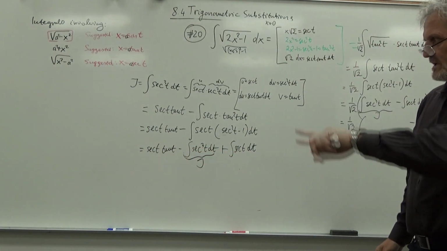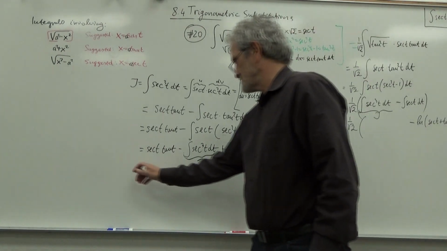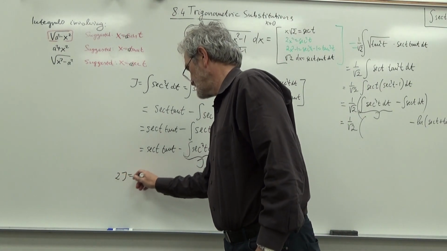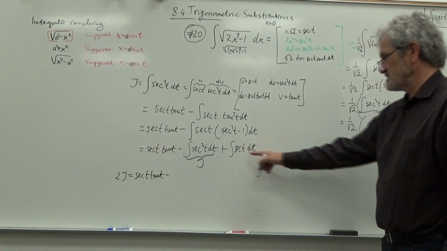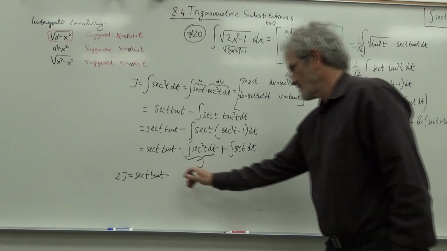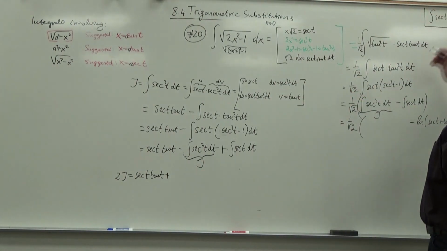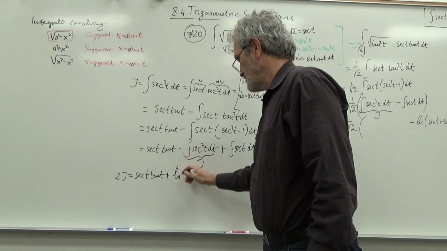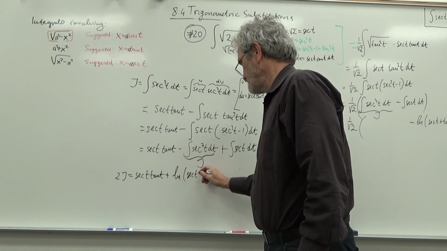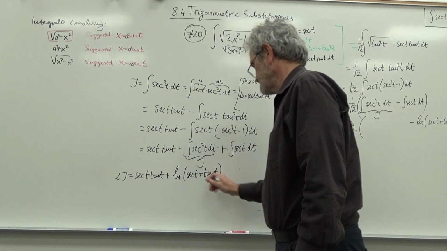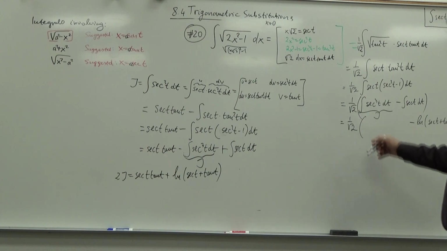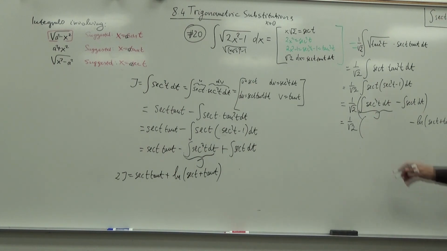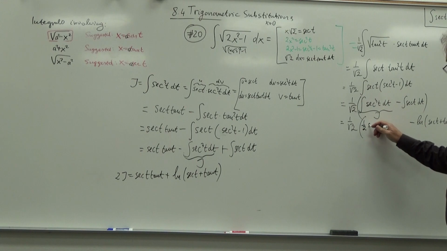And you remember the trick? We add I to both sides, so we get 2 I's equals secant t tan t minus this integral, not minus, plus. This integral will already place there ln of secant t plus tan t. And then dividing by 2, we'll get our integral. So it would be 1/2 secant t tan t